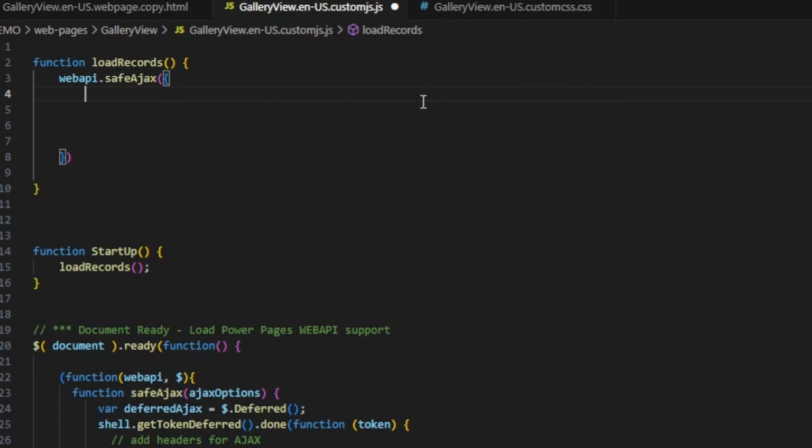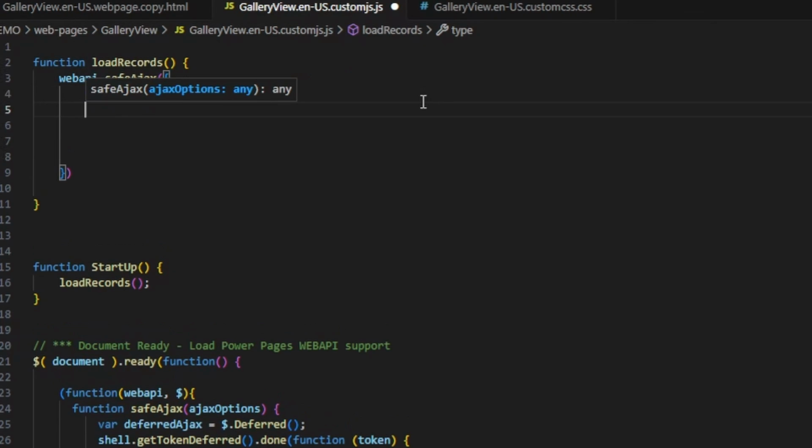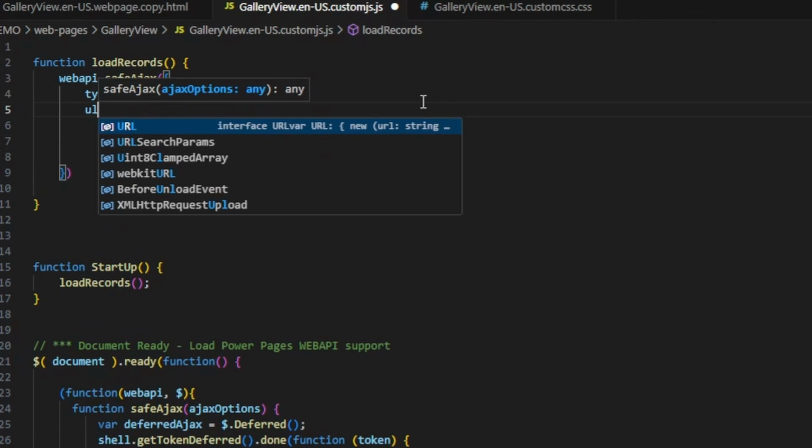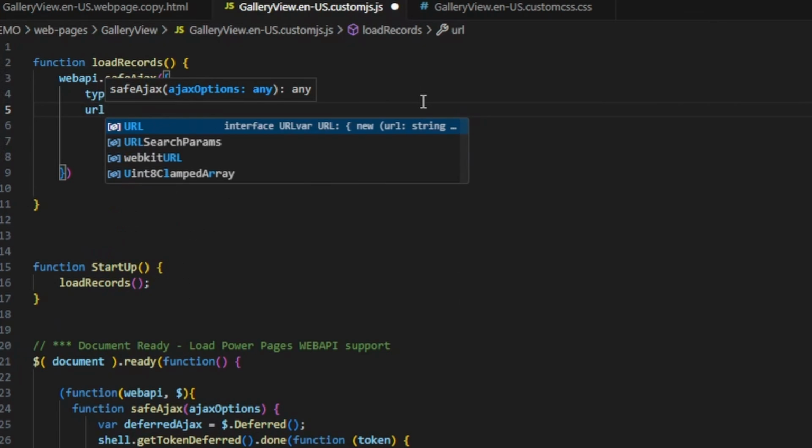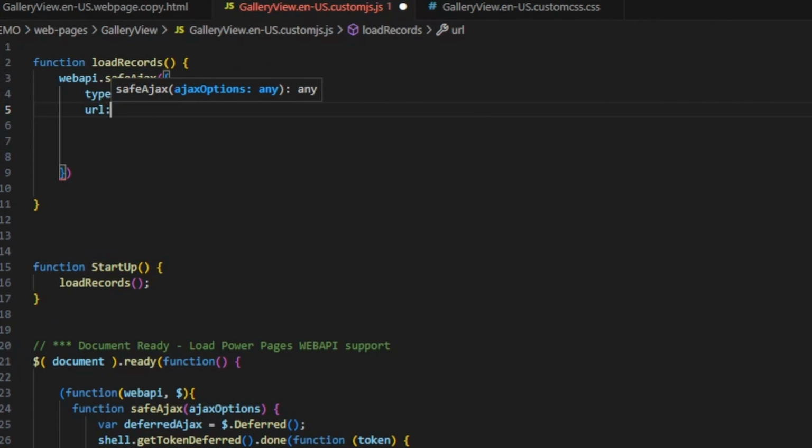First, we want type, and we want a GET because we're doing a get call. The next parameter is the URL that we're calling. Now this will be different for your site. And my URL